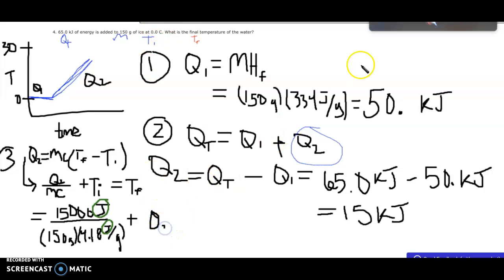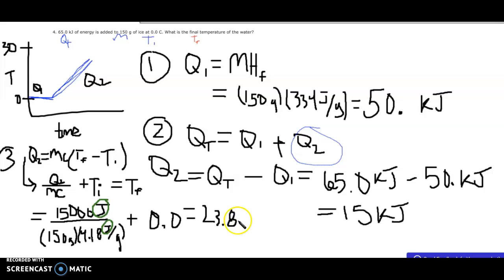When we multiply these together and divide, we get an answer of 23.8 degrees Celsius, and then we have to look